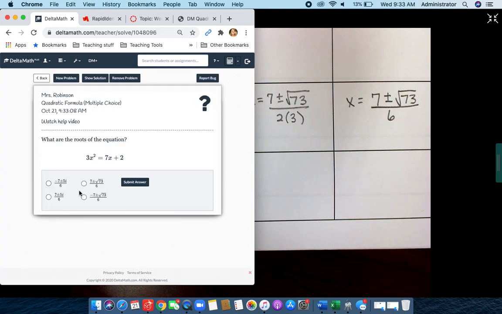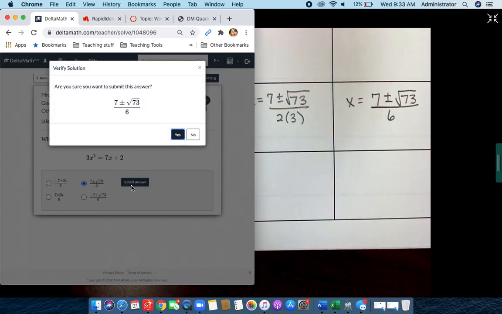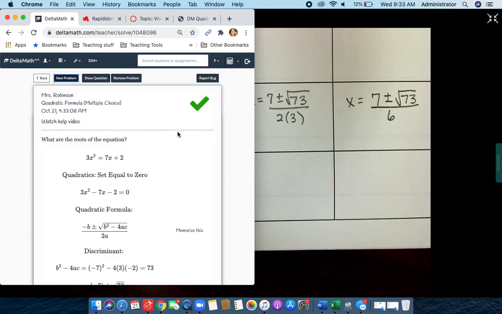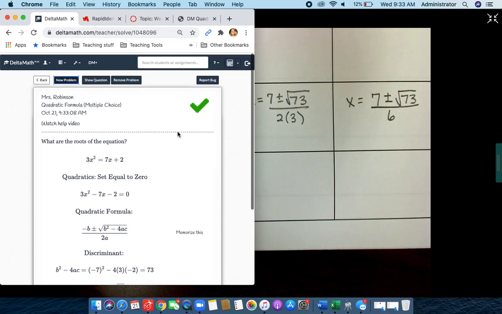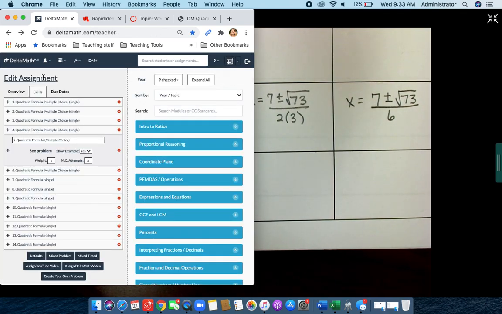So again, 7 plus or minus square root of 73 over 6. And there we go. Sorry about that. All right, so that takes care of number 5. If you would like to pause it and go do 6, that will be the last multiple